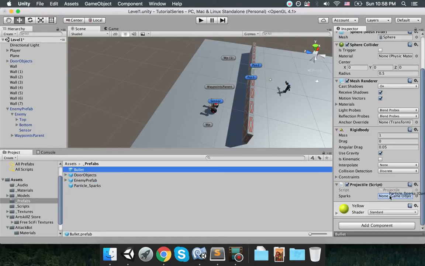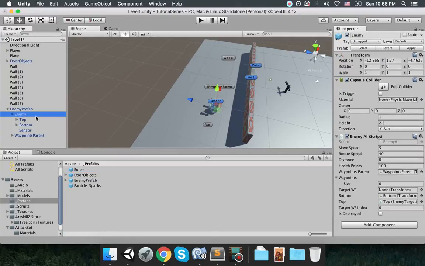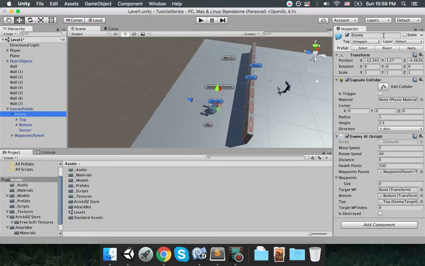Drag and drop into the sparks slot. And one more thing, the robot needs to have a robot tag. So go and choose enemy, add tag, let's call it robot, and then go to the enemy, make sure he has a robot tag,